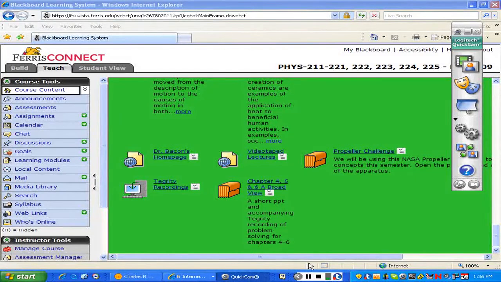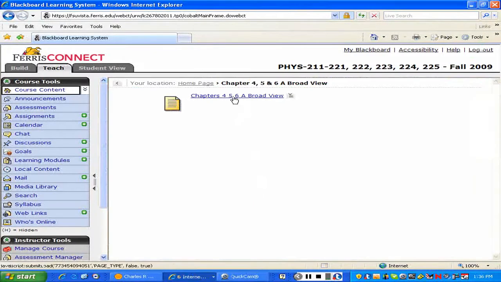Alright, let's take a look at chapters 4, 5, and 6 and step back and take a more broad view of this, a little comprehensive view. I'm going to launch down here on the course content page, down at the bottom, a folder that says chapter 4, 5, and 6, a broad view. Okay? And we'll open that up,